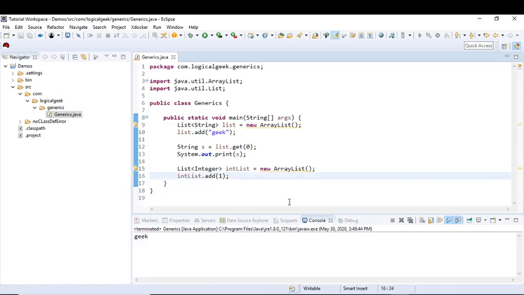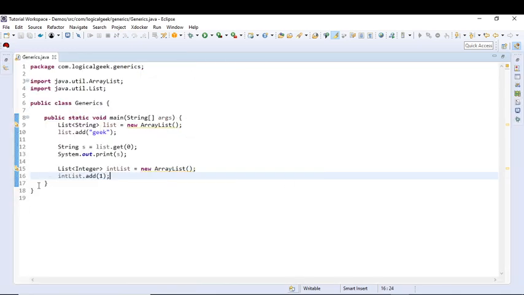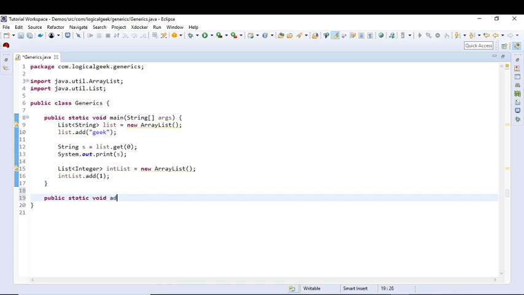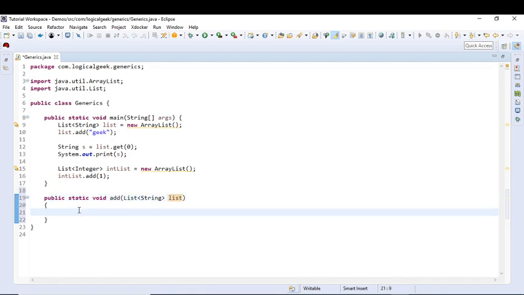Now we will create a new method to add elements to our collection. Let's do that. Public static void add. Let's add one value.